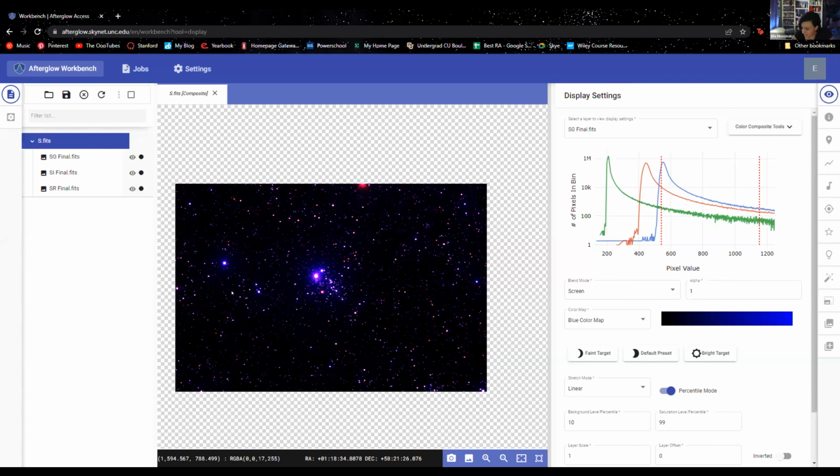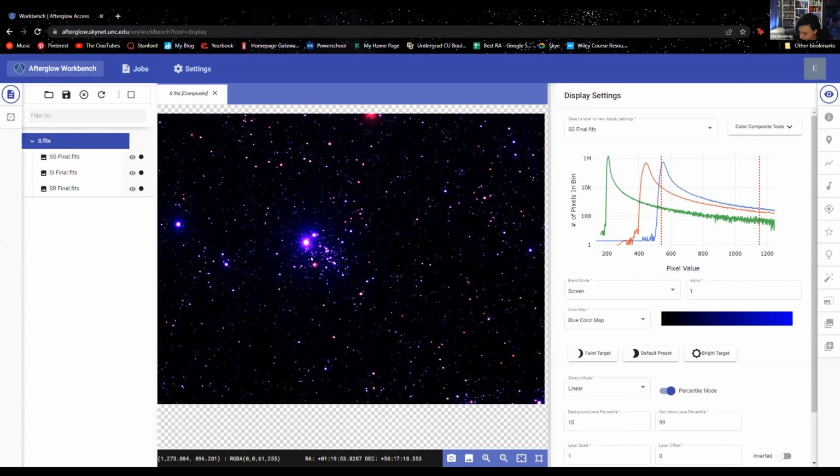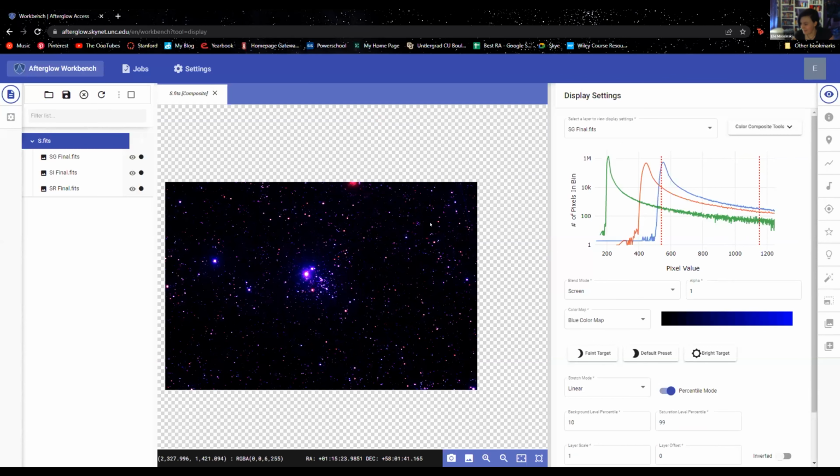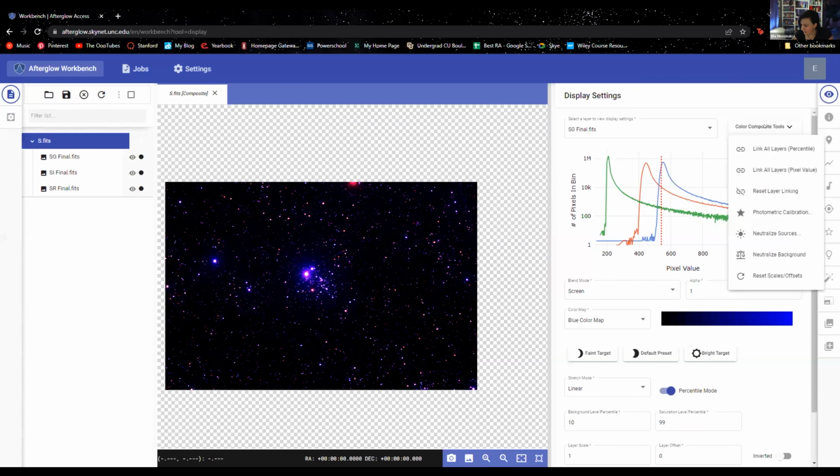And it does look really weird at first. It's pretty purpley. It's pretty weird. We're not really sure that stars look like this very much, but that's okay. So then we'll want to click on Color Composite Tools again, and we'll want to go to the star, which